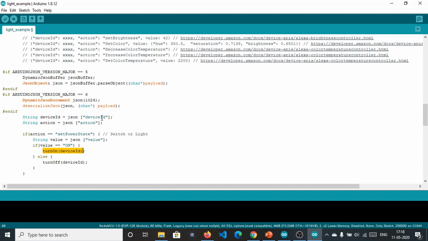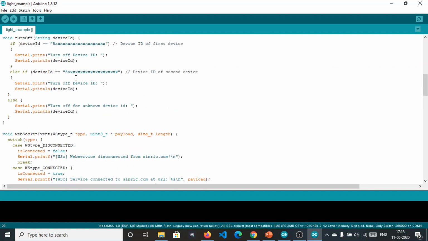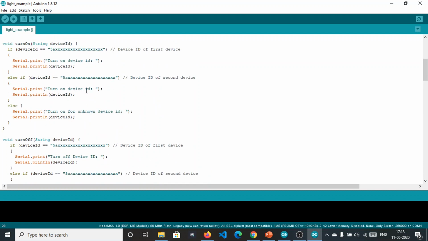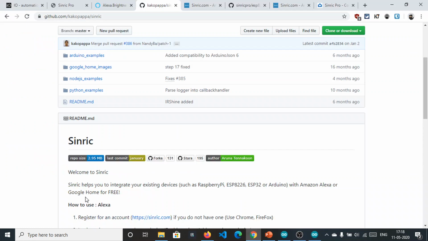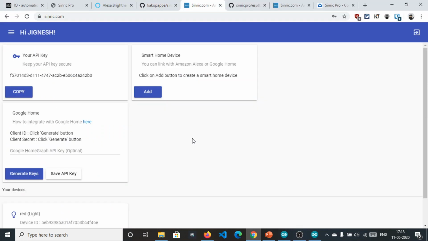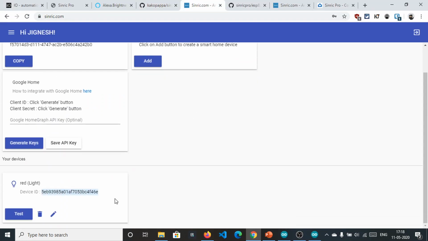Turn on will print the device ID with this statement, turn off prints the device ID, this one. Fine, this is the technique. And the device ID in our case is this one.